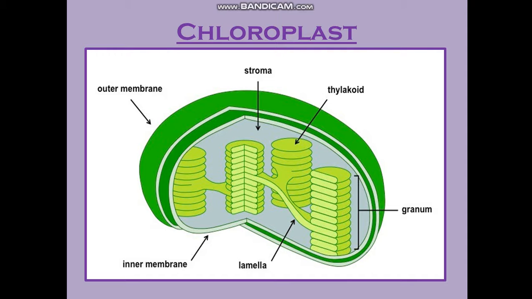The light reaction takes place in the grana and the dark reaction takes place in the stroma. This you already know because it was taught in class 10. So we are moving slightly fast because all these things you have already studied in class 10. It is just a revision. Another function of chloroplast is to manufacture ATP by the process of